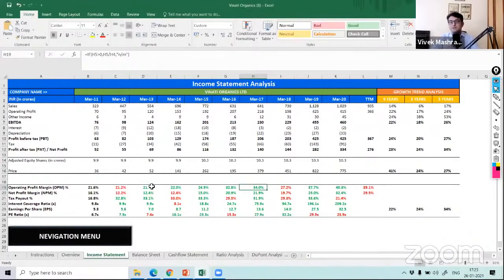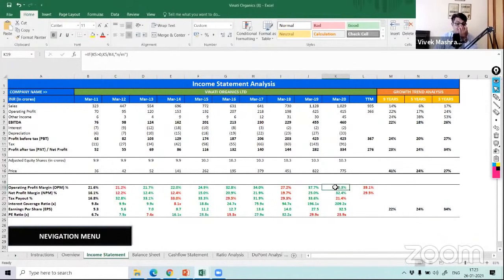And even better, if operating margin is increasing, what does it mean? That the product is in good demand, they are able to charge any price they want, so the sales are increasing, and increasing much higher than the expenses are increasing. Or it could also mean the raw material prices are decreasing, or that the player has become so efficient that their other expenses are decreasing. So all these three things get captured in operating margin. And if it is in an increasing trend, this is what you will see, something like this.